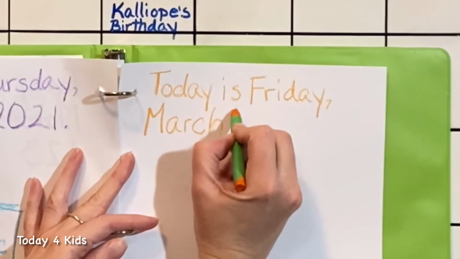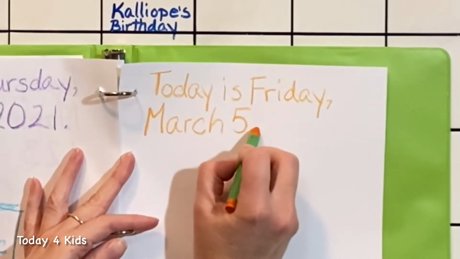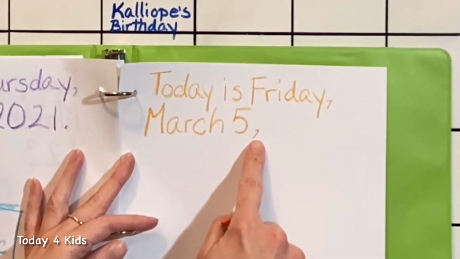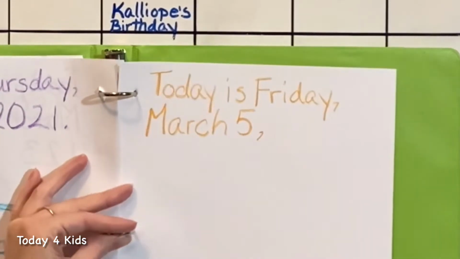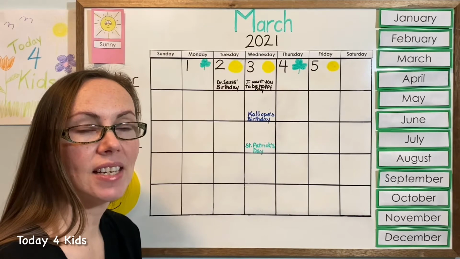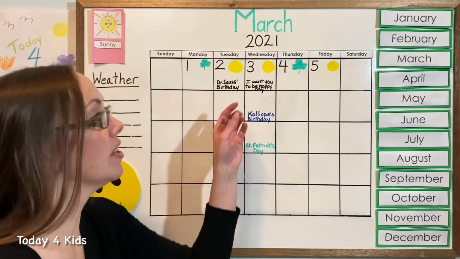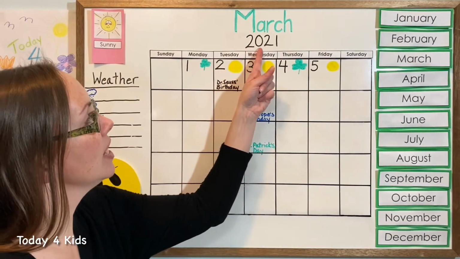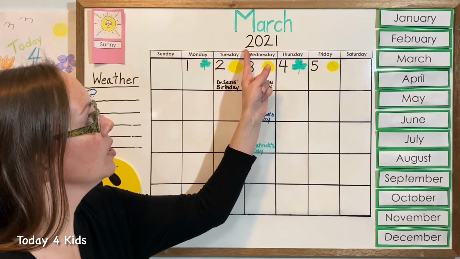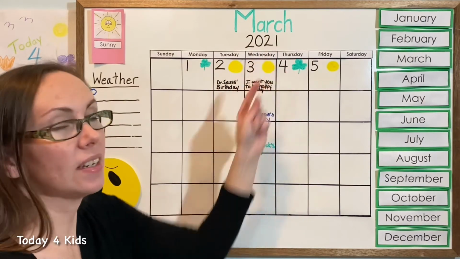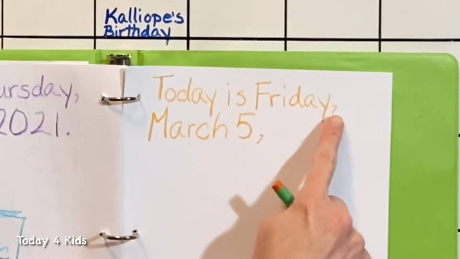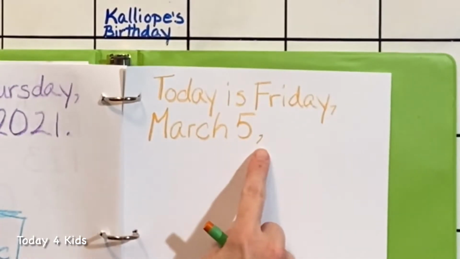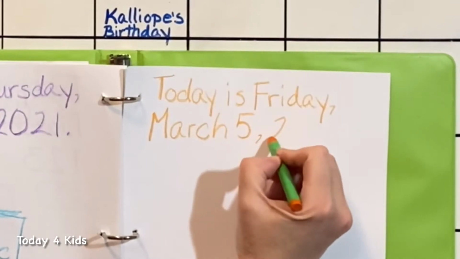So we'll put a 5 here and then a comma. And that comma reminds us to pause before we say our year. Do you remember what the year is? It's easy to find. It's on the board at the very top by our month. 2021, or you can say 20-21. Let's put it into our sentence. Today is Friday, comma, March 5th, comma, 2021,